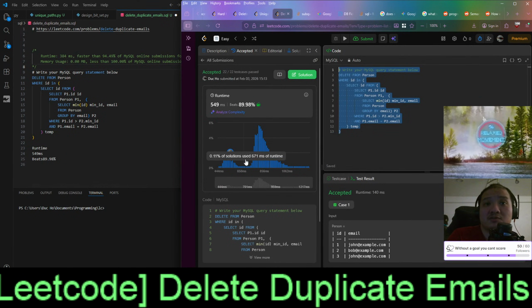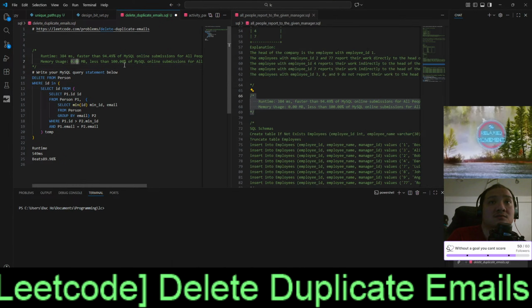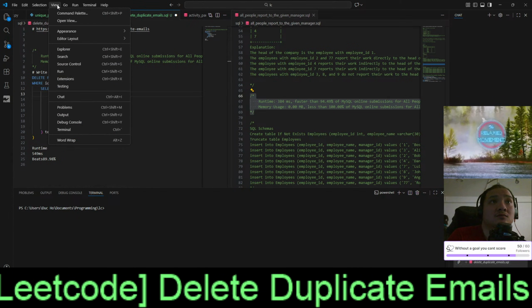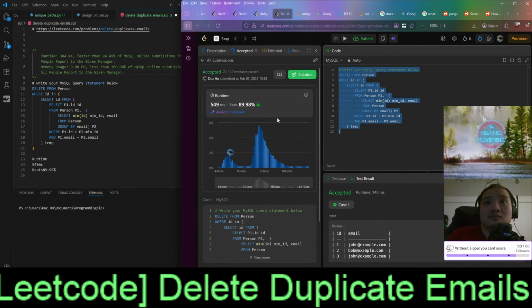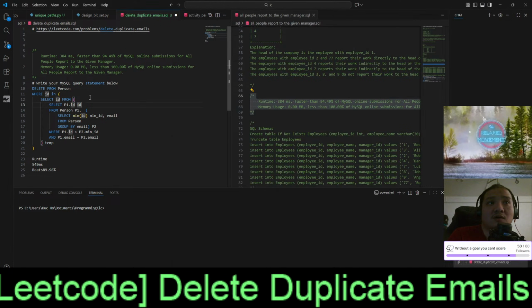Is there a memory usage? No, there's no memory usage. Wow. There's no memory usage anymore. Wow.